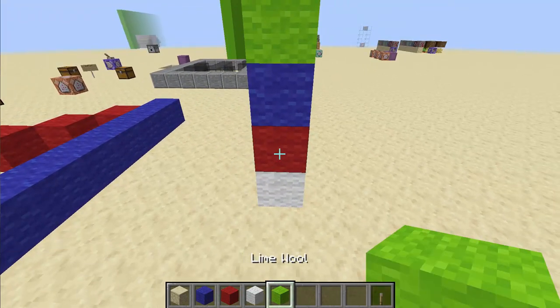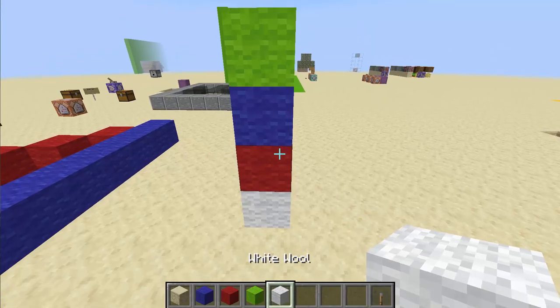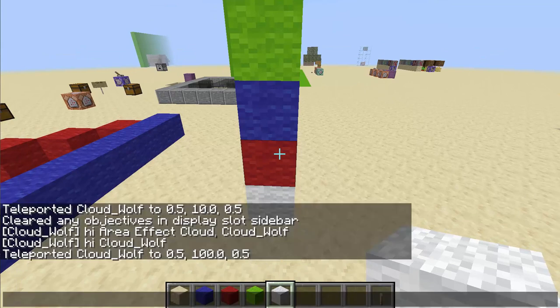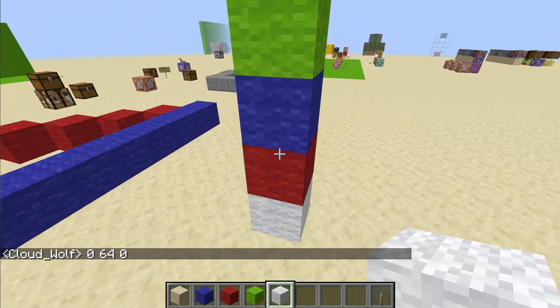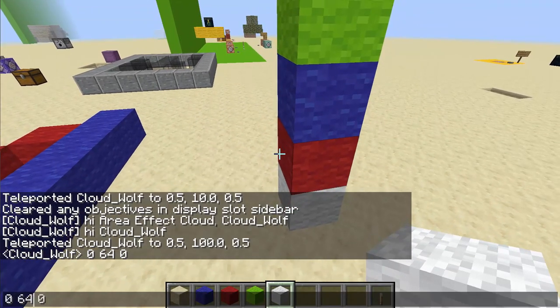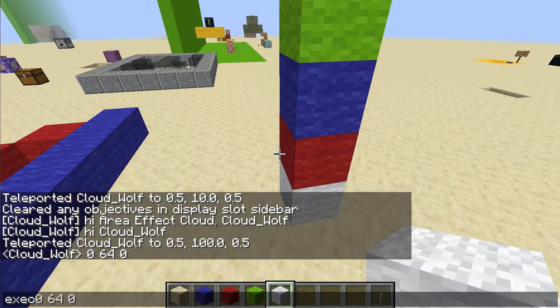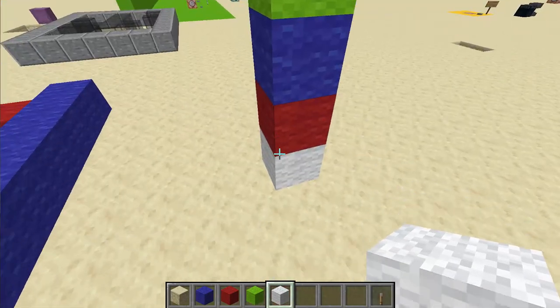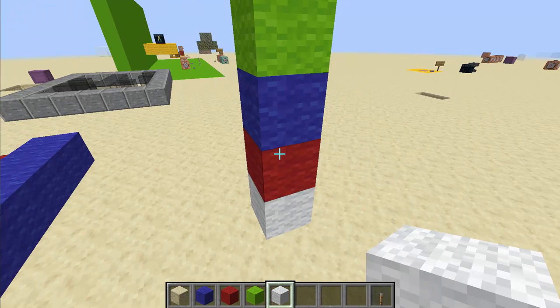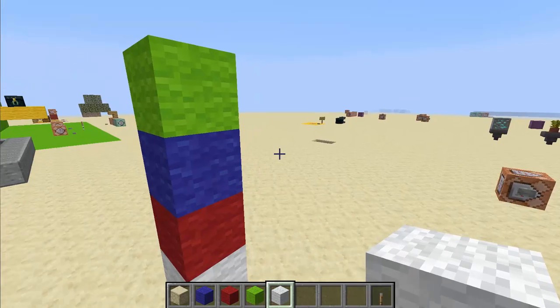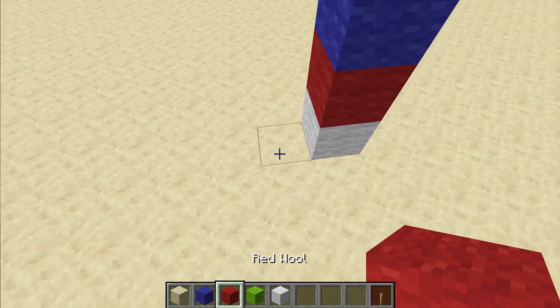So the advantage of doing this is, let's say in your whatever minigame this is, you always have something happening at 0, 64, 0 or something, right? Then you have an easy way to have constantly the same coordinates, and all that matters is which dimension you're in. Execute in, right? So you can have some nice parallel systems like this, where everything is at the same kind of coordinate places, but they look different,